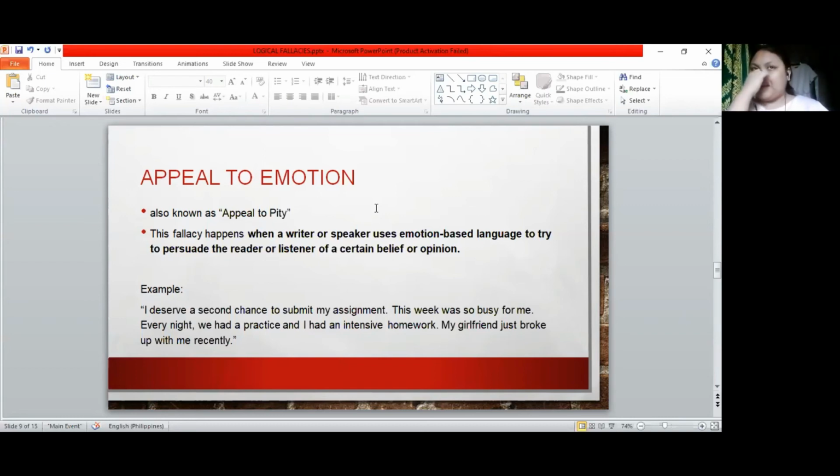All right. So another example is when a student is giving his or her excuse letters to his or her teacher, explaining that he or she has problems, financial problems, family problems, so that the teacher must consider the reason and allow him or her to pass the assignment. All right. So next is